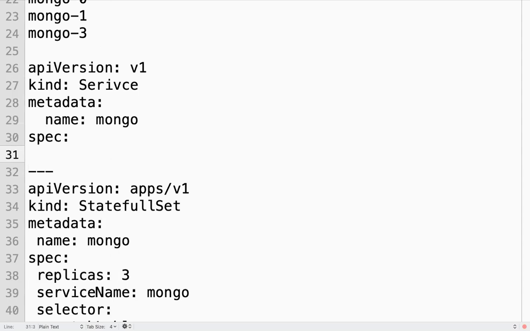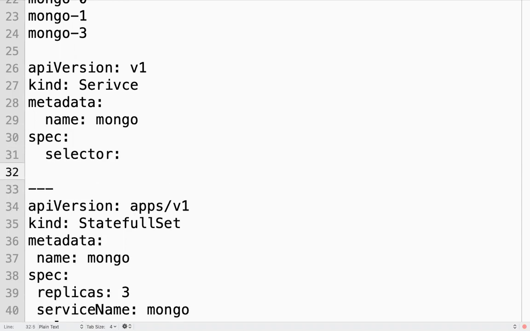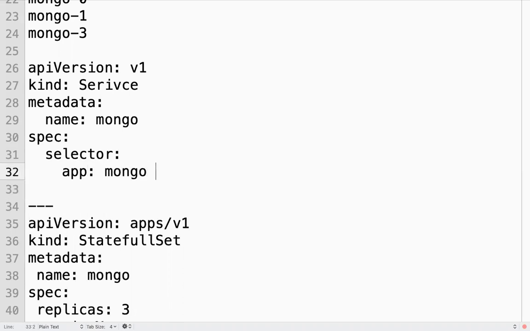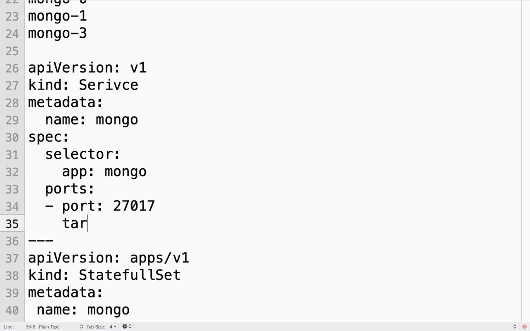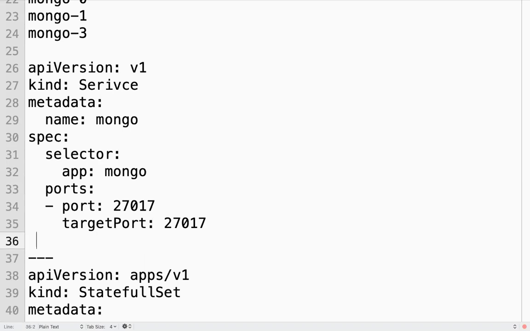Here everything is the same, like selector, whatever you have, app, Mongo, ports, your ports. Port I am giving 27017 and target port is also 27017.